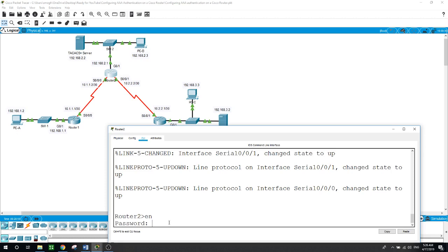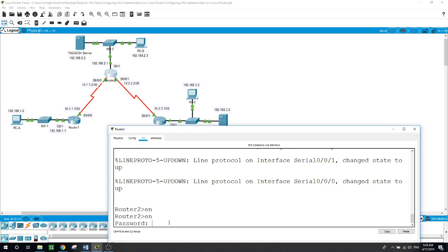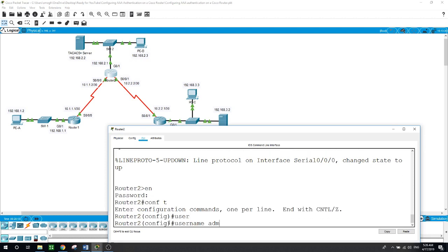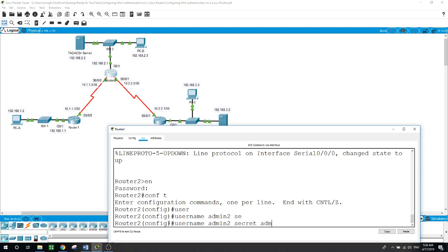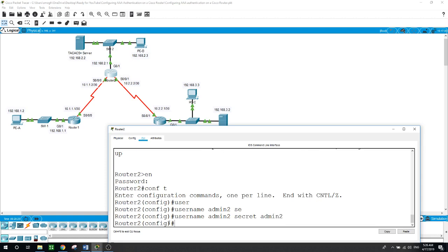Enable, as I said, the enable password is Cisco on the routers. Now configure terminal, username admin2, secret admin2. This is only for backup purposes. Now on router 2,